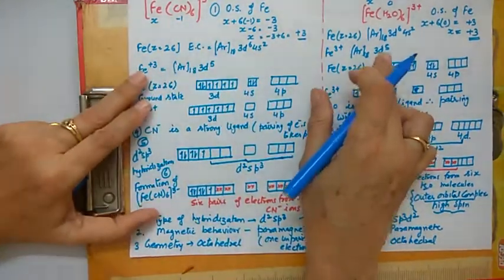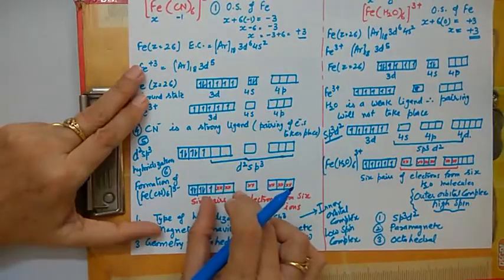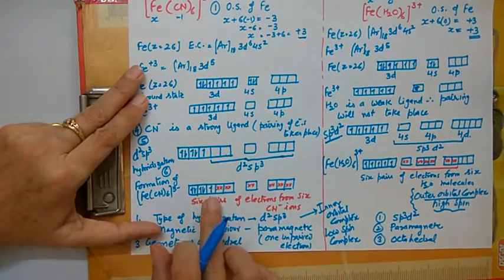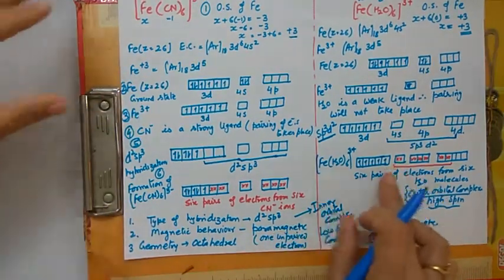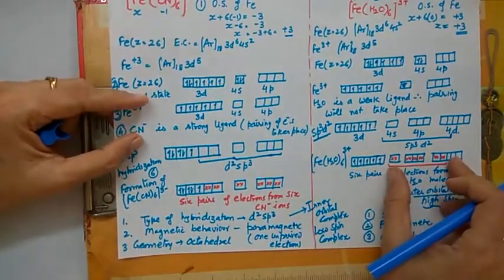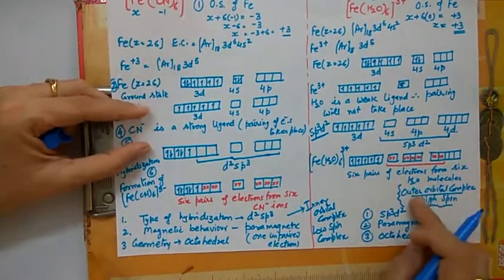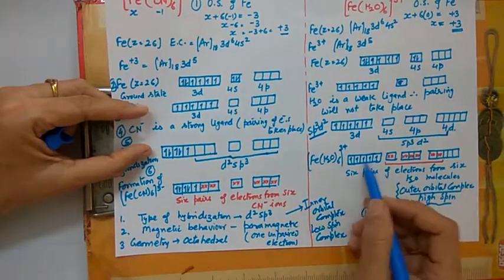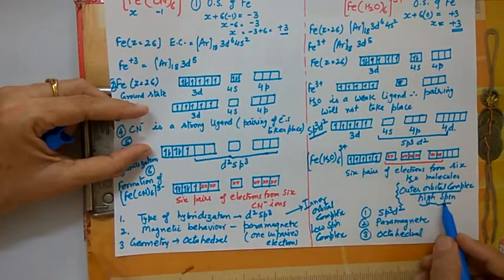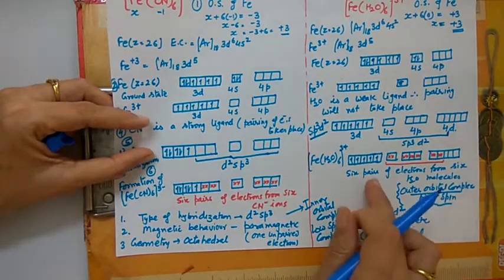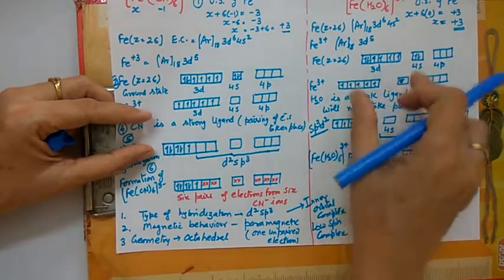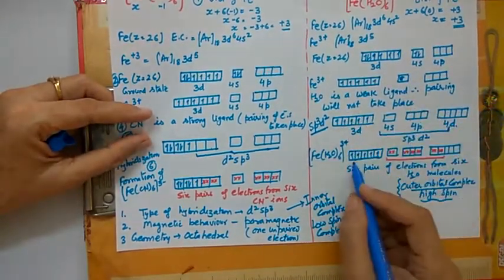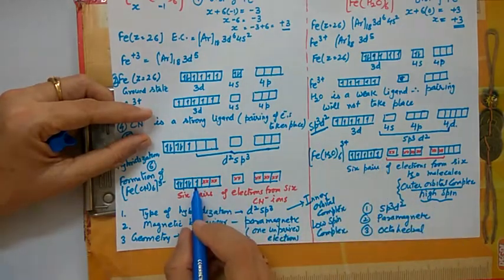So these are the two examples which I have taken, one with a strong field ligand, the other with a weak field ligand. In strong field ligand, inner d orbitals are being used and the number of unpaired electrons is less, so they are called inner orbital complex and low spin complex. In weak field, no pairing takes place, so outer d orbitals are being used. In that case, the complex is called outer orbital complex and the number of unpaired electrons is more, therefore it is called high spin complex. And after these two, if you are asked which is more paramagnetic, you will say this complex is more paramagnetic because it has 5 unpaired electrons, whereas in this complex there is only 1 unpaired electron.